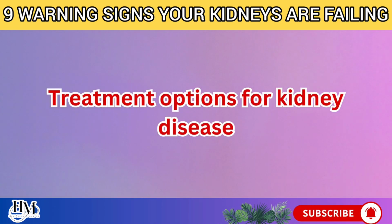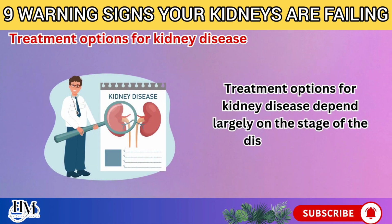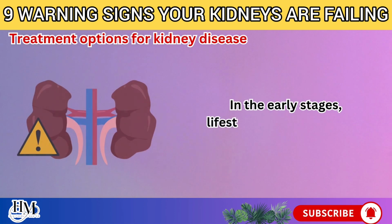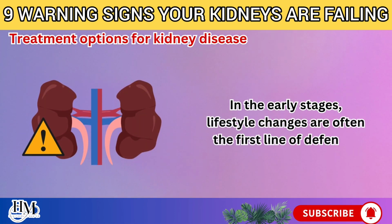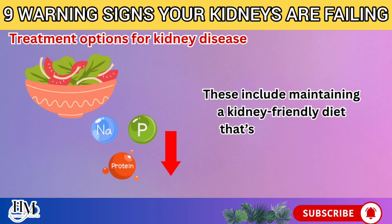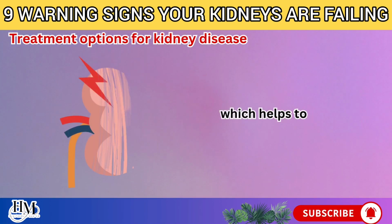Treatment options for kidney disease. Treatment options for kidney disease depend largely on the stage of the disease and the underlying causes. In the early stages, lifestyle changes are often the first line of defense. These include maintaining a kidney-friendly diet that's low in sodium, phosphorus, and protein, which helps to ease the burden on